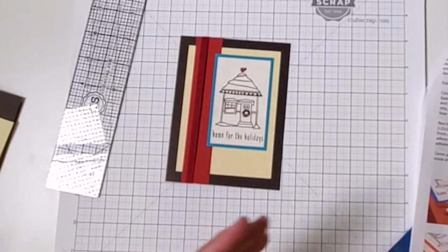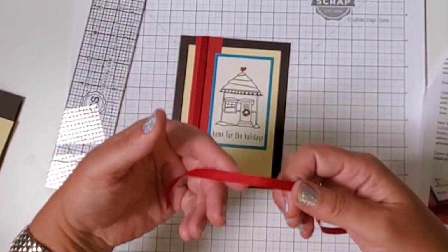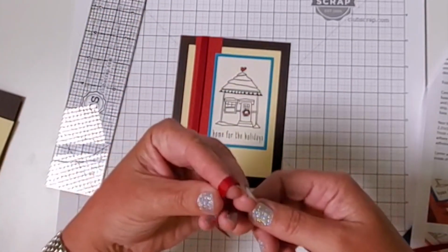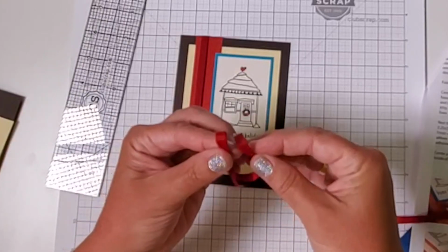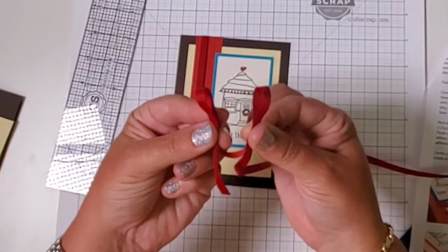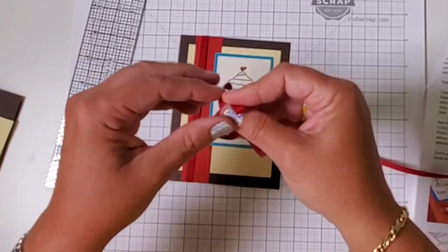The last thing I did, and this is optional, there probably won't be enough ribbon for 4 of these style of bow, but I want to show you how to make this gorgeous bow. It's very simple. It's a basic bow. Take the ribbon and make a loop and a second loop, kind of like maybe when you were little and you were taught to tie your shoes by making 2 bunny ears. There they are, 2 bunny ears. Crisscross the bunny ears. Bring the front ribbon around the back and through the loop